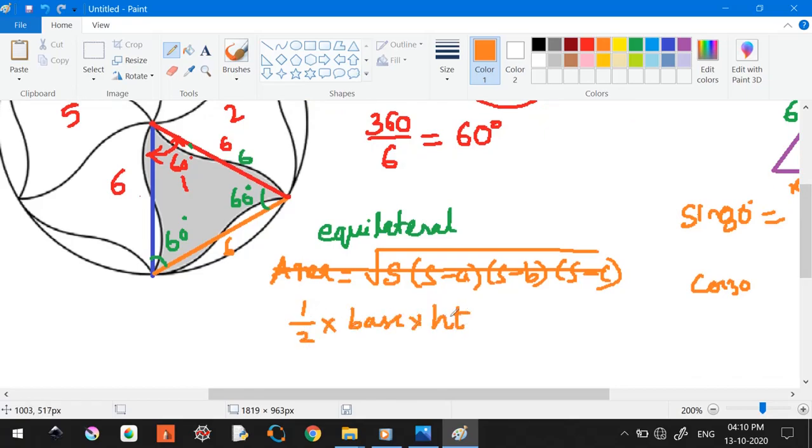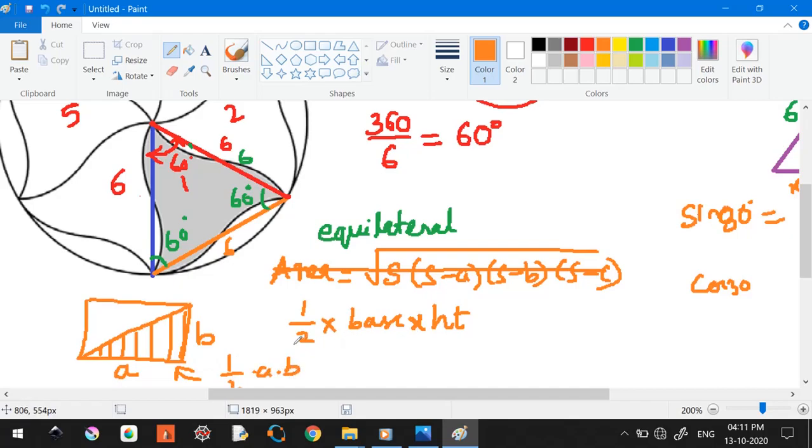I have explained how we arrived at this one in the previous video, if you have watched that. So let us say we have a rectangle, and the area of this is going to be base into height, a into b, right? And if I have a diagonal here, the line joining the opposite corners, it is going to divide the rectangle into two halves, which is nothing but two triangles, right? And the area of each is going to be half of it, which is half of a into b.